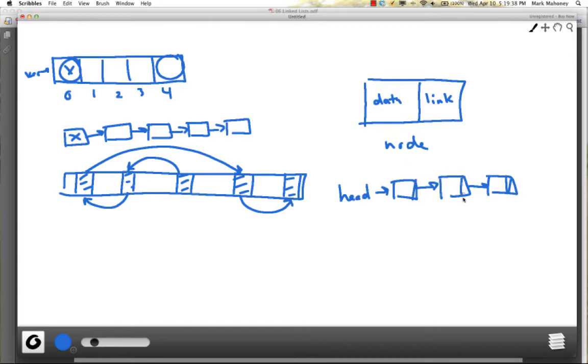So each one of these nodes has a pointer that points somewhere. The very last node in a linked list, its pointer should be set to null. All nodes will be created on the heap, and the links will be pointers to nodes. And then to traverse the linked list, one starts at the head and continues to follow the links until a